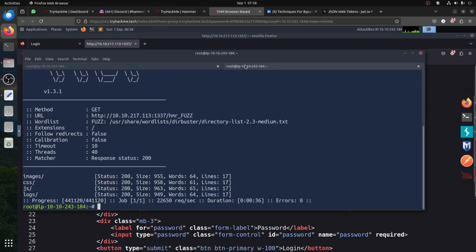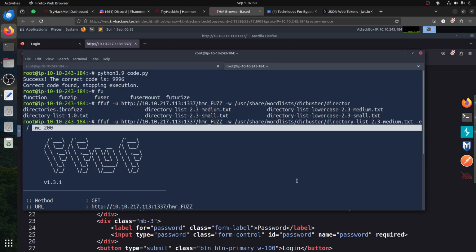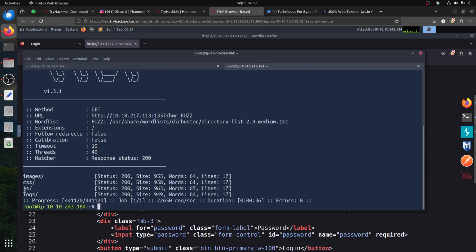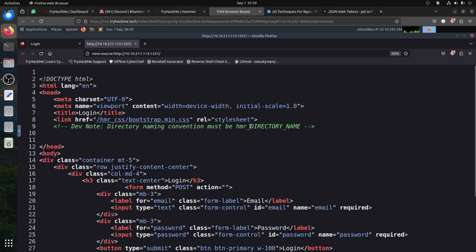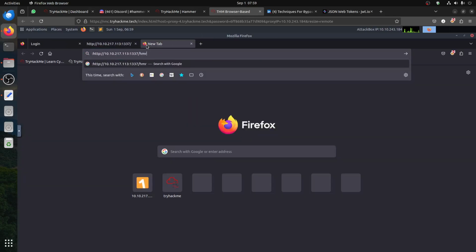So if I go, for example, to FFUF and ask it to look for directories that start with hmr, I'm doing just a normal directory search and it gives the response 200. I'm looking for directories, so it gives me the CSS, the images, and then the interesting one is called logs. Remember, if you go there, Gobuster will not pick it up because of this, so we need to use hmr. So if I go now to hmr and the logs,